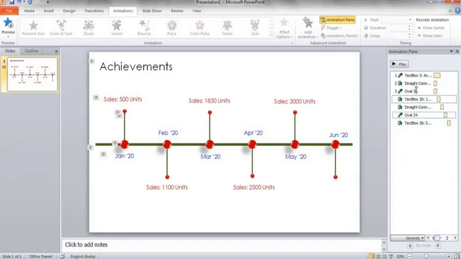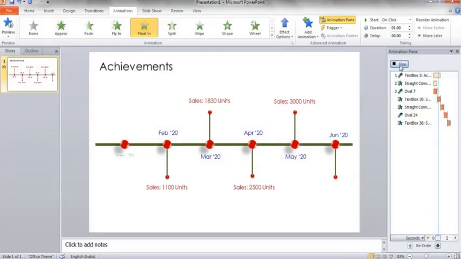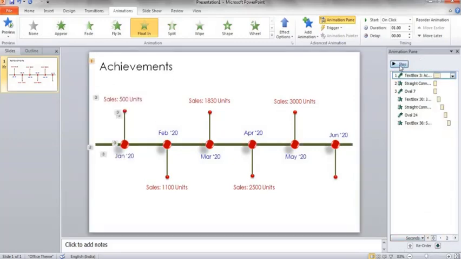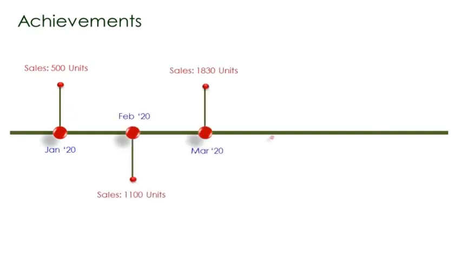Now you can click on the play button which is appearing on the animation pane. This will help you to check the functioning of animation. Now we completed animation for one time frame. Repeat the animation procedure for all the time frames. Then you can get the nice